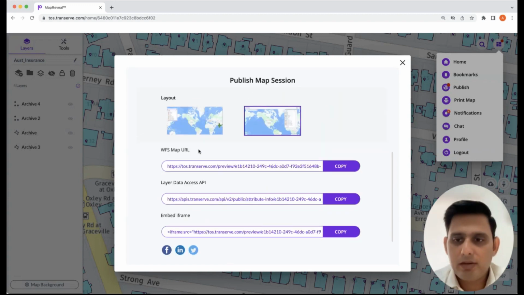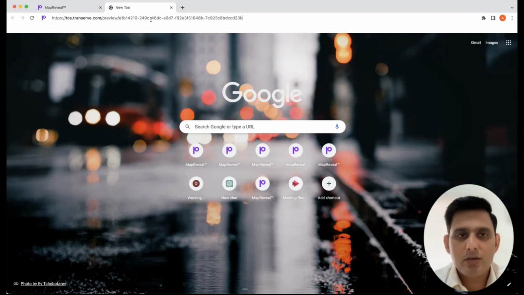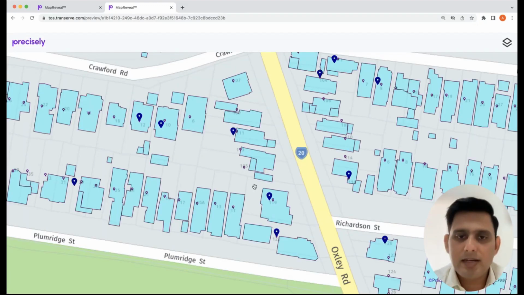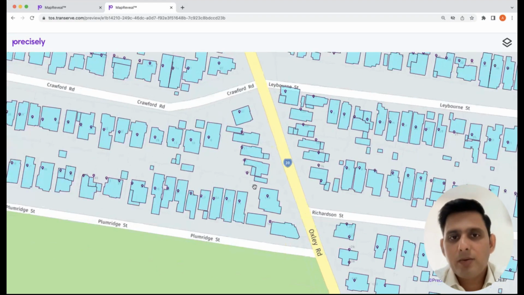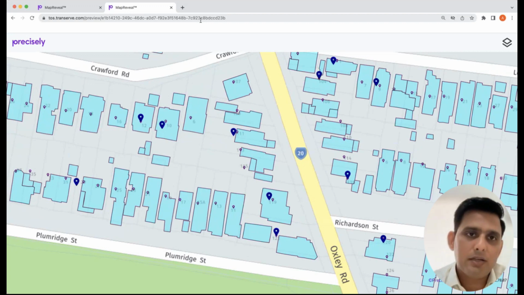One of the APIs is the WebMap API. If I copy this WebMap API and share it with other users within my organization or outside, then they can use it as a URL to open the map session that I created. This particular API is extremely helpful in integrating the web map with third-party applications like CRM or business intelligence solutions